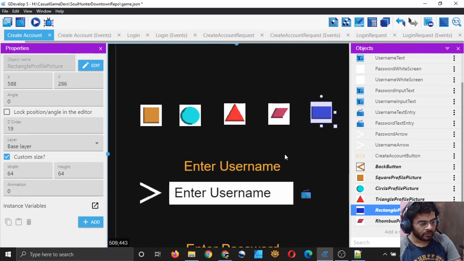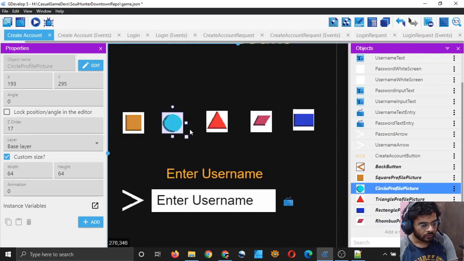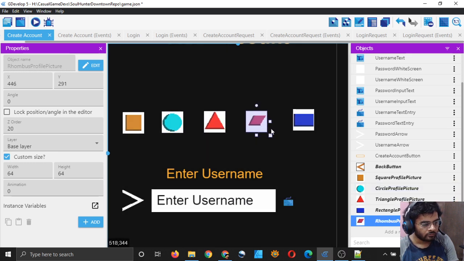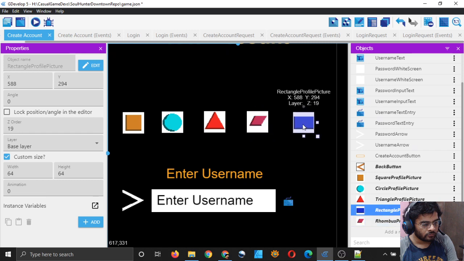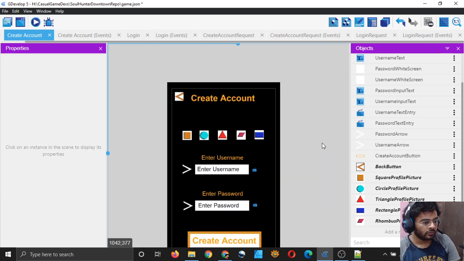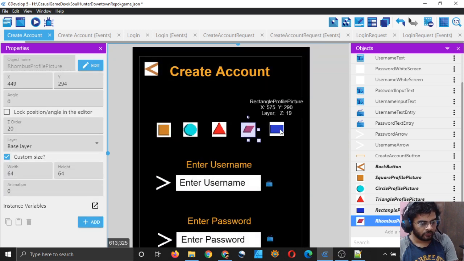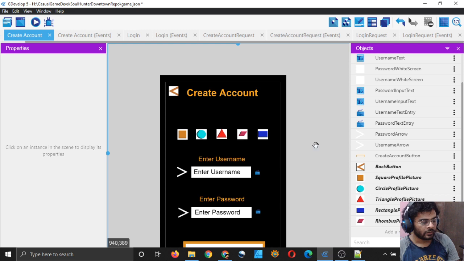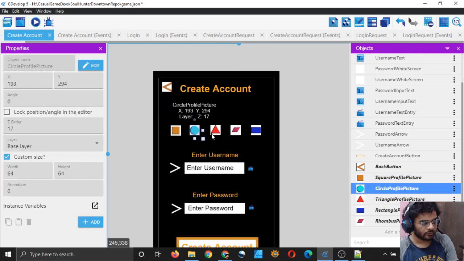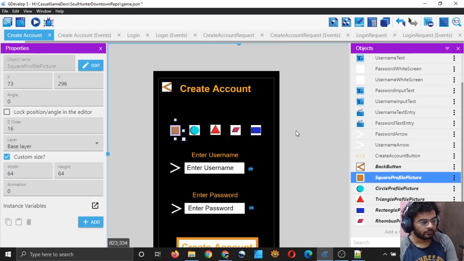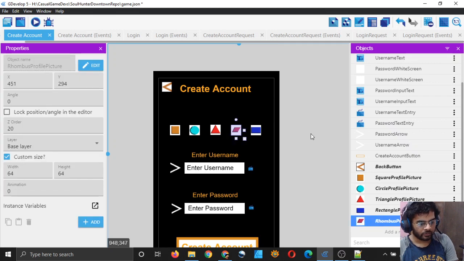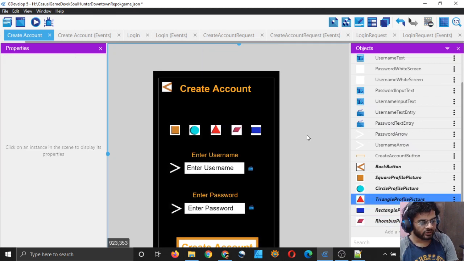And you have to align them properly so that they are in one line. And it looks good. I think this one is a little bit, yeah, that is looking okay, not very good, but it's okay. So there we have some profile pictures for the user to select from.